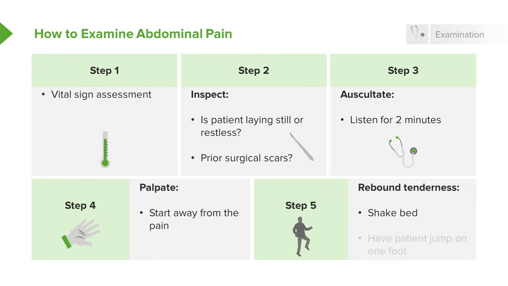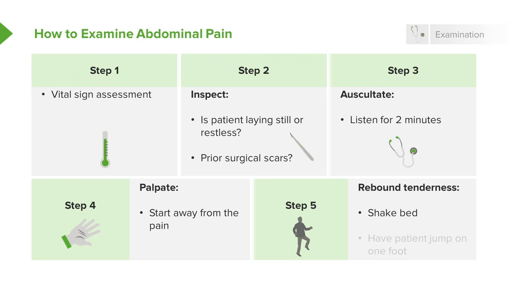The other thing you can do to assess for rebound tenderness is that you can sometimes shake the bed. This was a tip that I learned when I was a medical student from one of my surgery residents. He would go in the rooms for patients that were being worked up, and he would take his knee and nudge the bed a little bit and see if the patient reacted. Shaking of the bed reproducing abdominal pain is again something that indicates that the patient may have peritoneal irritation